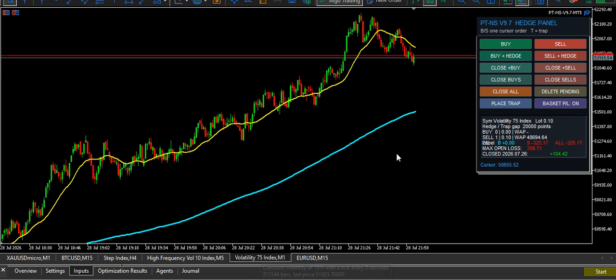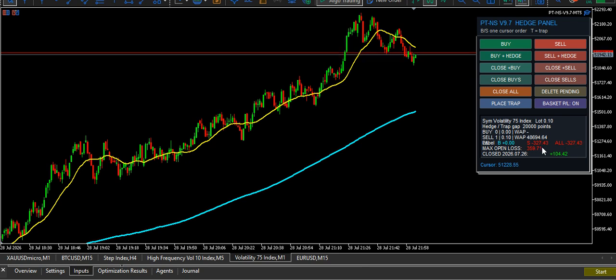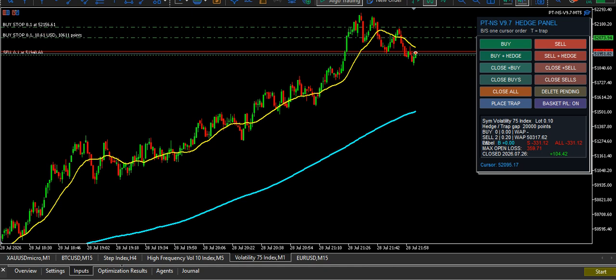Let's see, volatility 75. 75 is also in a runaway. There are no trades. Oh, yeah, I'm very negative here. My sells are very negative. So I'm going to sell an edge here. So I just click sell an edge. Sell. And there's my edge above. I can drag it closer if you're not happy. Just drag it closer. I'll put it there.